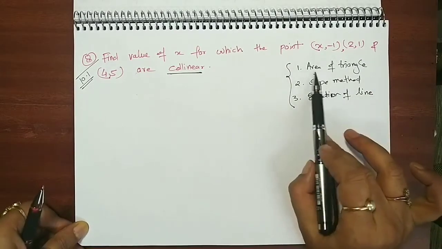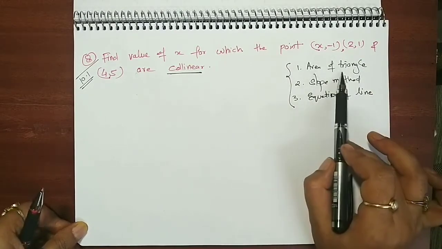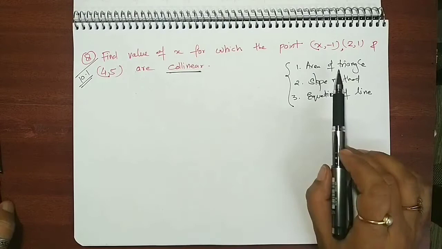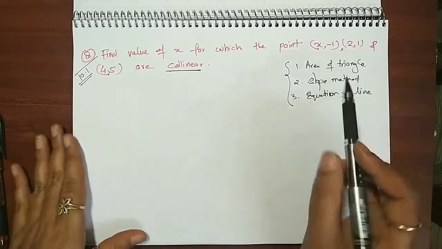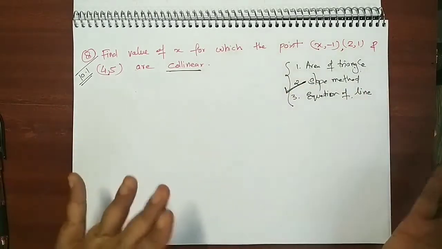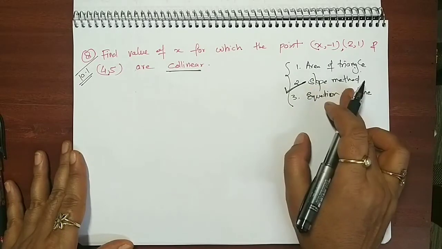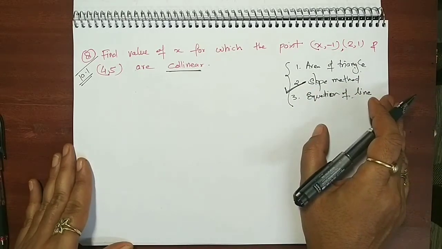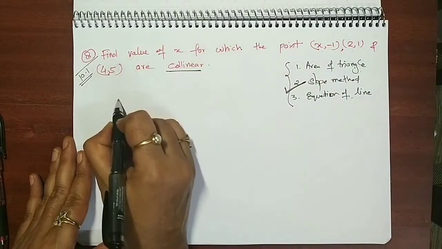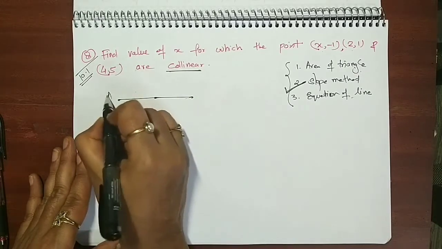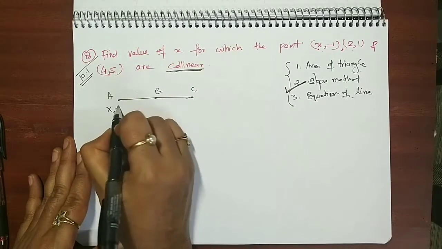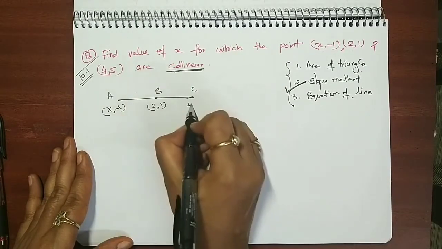Here if I take the area of triangle method, we usually have to find out the products, which becomes a little bit difficult equation. So without confusing you, let me explain the method which I will use here. The other two methods you will understand in coming questions. So I will use the slope method here because we are talking about equation of lines. Okay, so these are the 3 points, A, B and C. They are already saying they are collinear. They are in the same line. So that means x, minus 1; 2, 1; and 4, 5.